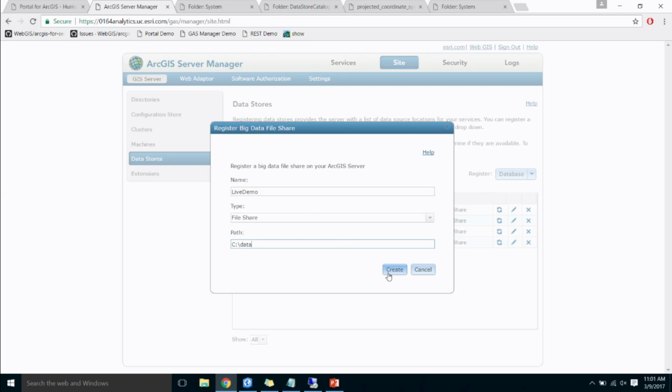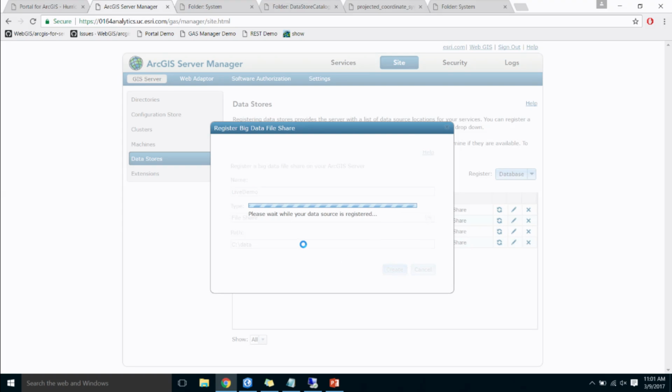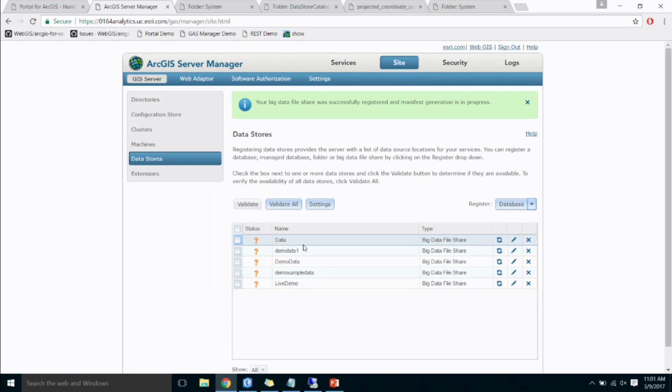And then we're going to see data, because that's where it is. And so now it's going to register. It's validating that I can access that path, and then it's going to generate a manifest. So if I hit this button here to edit it, I'm going to get a little prompt saying your manifest is being updated. So what's happening now is we're checking each of those data sets, and we're trying to guess